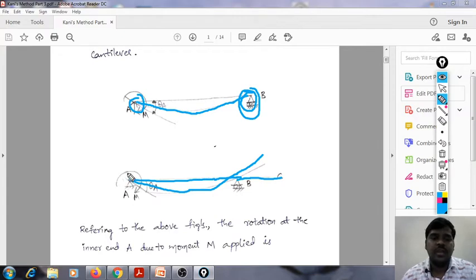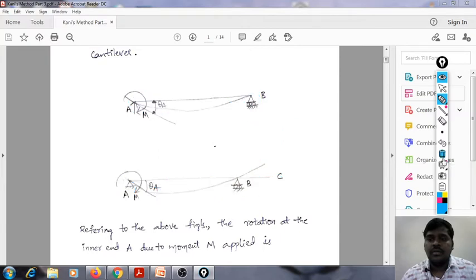Here also the moment is 0, because it is a simply supported end, but that is not a fixed end moment. You can tell that the fixed end moment is 0 because in the name itself we have fixed end. That means if the end is fixed, we have some moment. Fine.